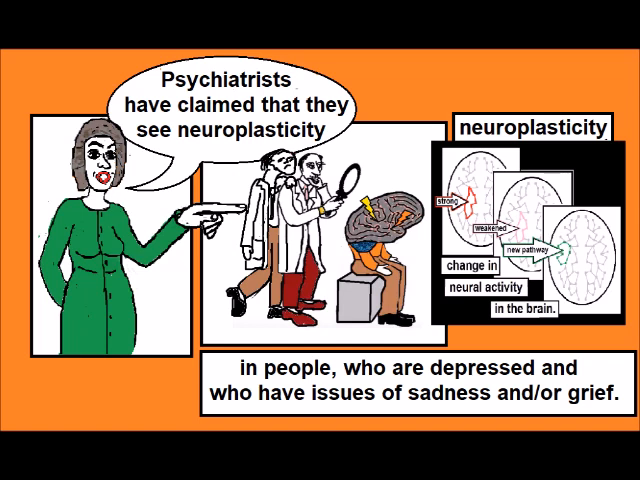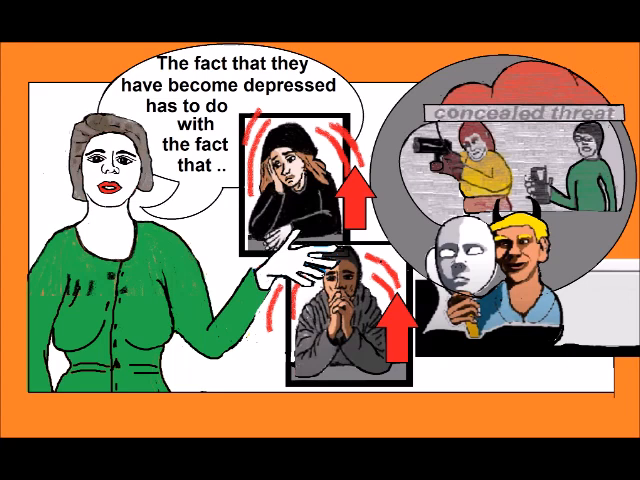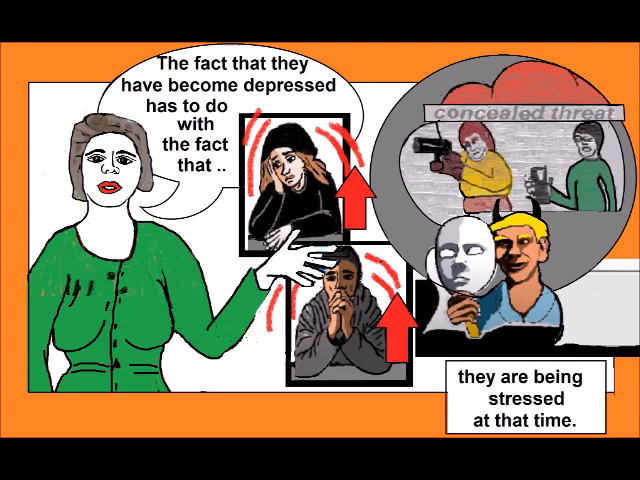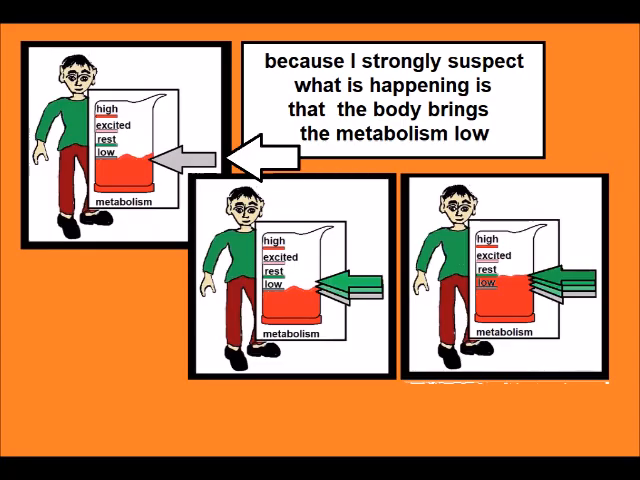Psychiatrists have claimed that they see neuroplasticity in people who are depressed and who have issues of sadness and or grief. I think the reality is that it is possibly sadness or grief that would involve neuroplasticity, and that is why they see it. The fact that they have become depressed has to do with the fact that they're being stressed at that time. Now, the neuroplasticity that is involved may certainly make things worse, because I strongly suspect that what is